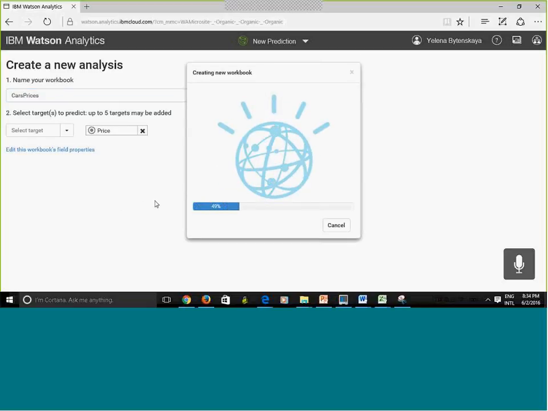Now I'm going to see that little thing spinning, and here I need to be a little bit patient, and here I see the progress bar. So what is going to happen is right now you're going to see a model, and the model looks like a bullseye. And the bullseye basically represents your predictor. And you'll see it shortly. It's taking time to generate. Okay, it says creating the workbook. So here we need to be a little patient. Usually it's quick, but right now I assume that it also depends on the current system load.